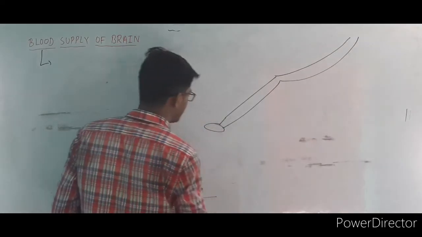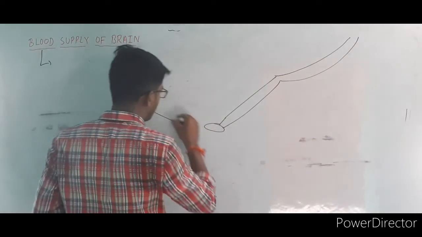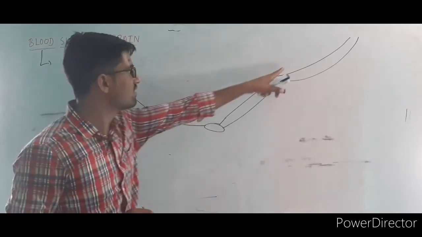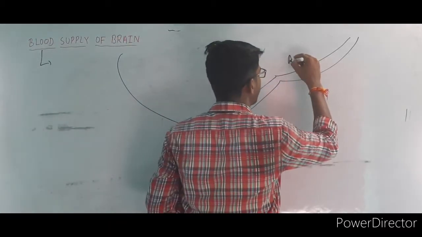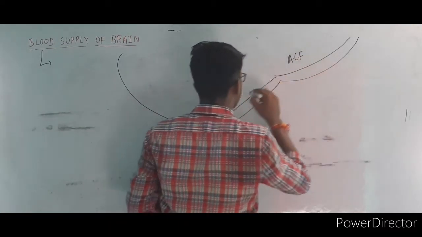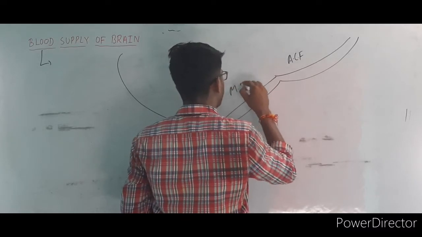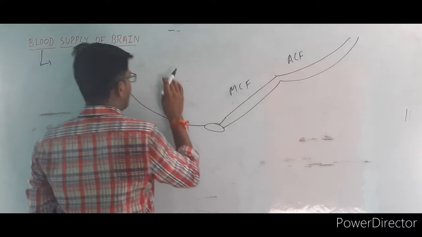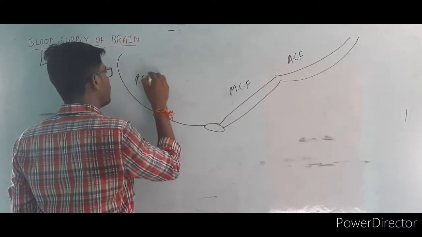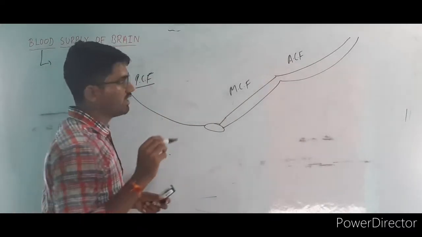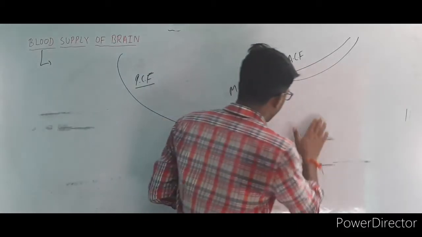Here is one foramen, that is the foramen magnum, and what is this? Can you tell me? This is the anterior cranial fossa. This is the middle cranial fossa. And here is the posterior cranial fossa. Yes. Now,